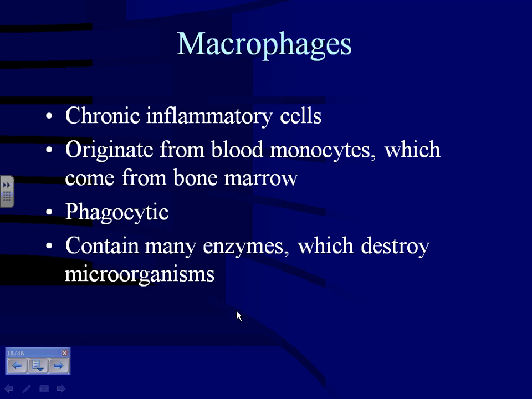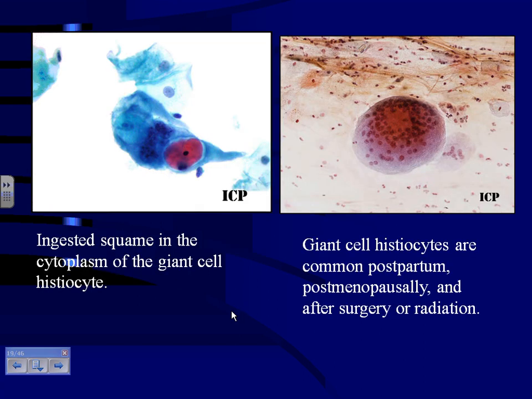Macrophages are also chronic inflammatory cells. They originate from blood monocytes, which come from the bone marrow. They tend to be phagocytic. They contain many enzymes which destroy microorganisms. Here's some examples. This is interesting because this is actually a multinucleated giant cell, which has actually ingested a